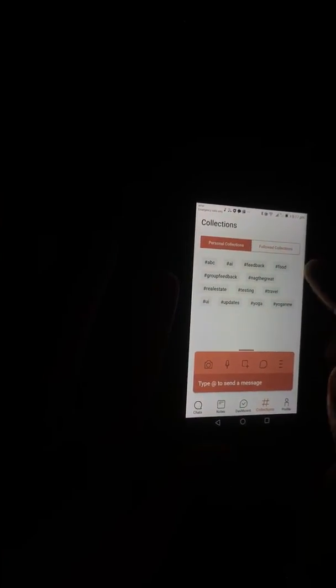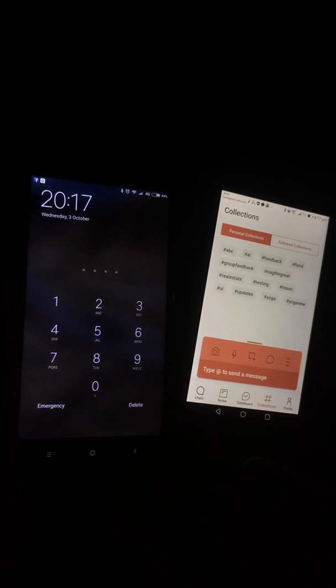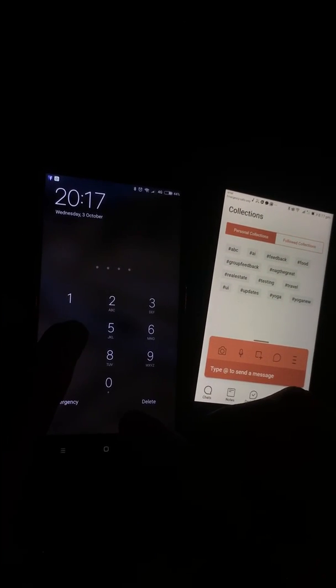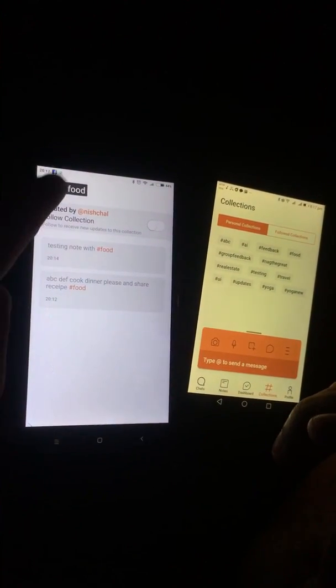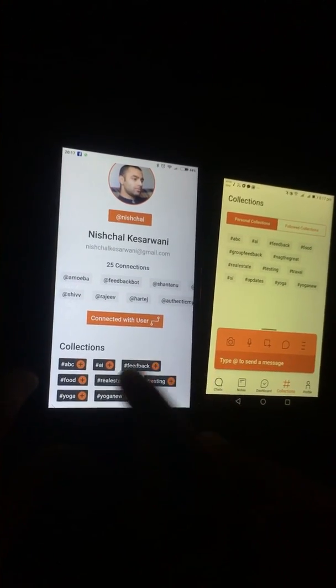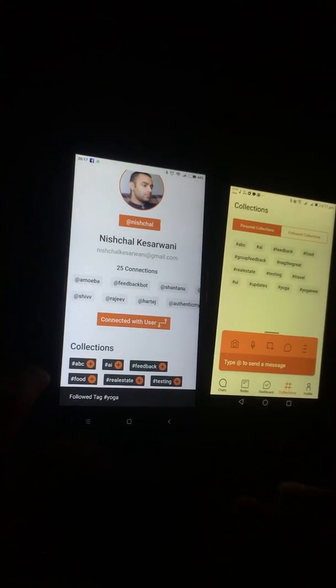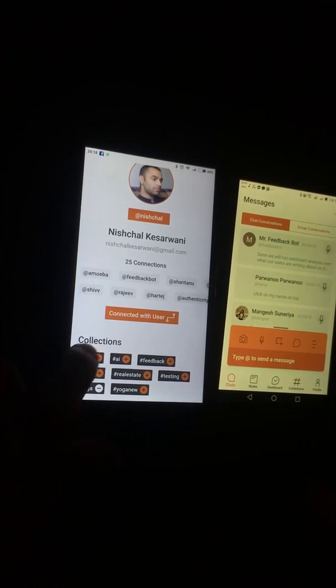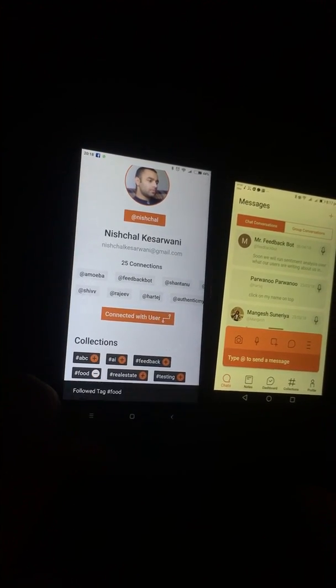Now I'll show you the social network aspects. Let's have her follow my collection called yoga, and let her also follow a collection called food.